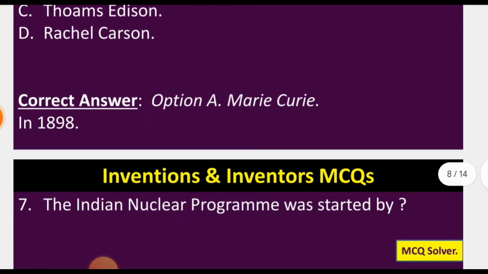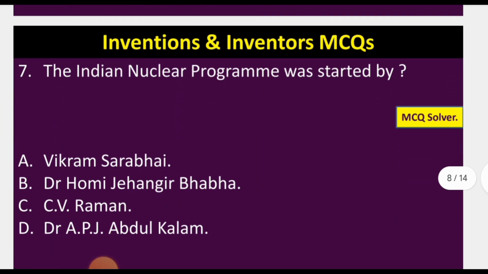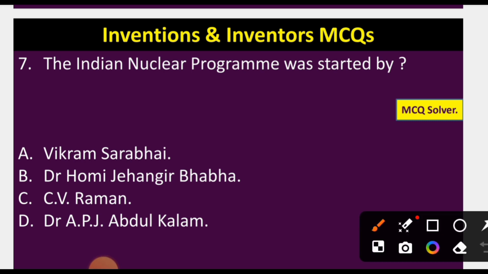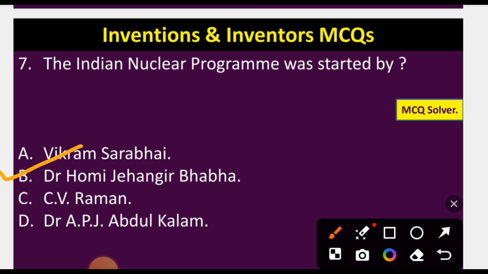Now let's move to question number 7. The Indian nuclear program was started by. Correct option is option B, that is Dr. Homi Jahangir Bhabha. He led this Indian nuclear program, and it was started by this man only. Through the Indian nuclear program Homi Jahangir Bhabha wanted to make India self-reliant when it comes